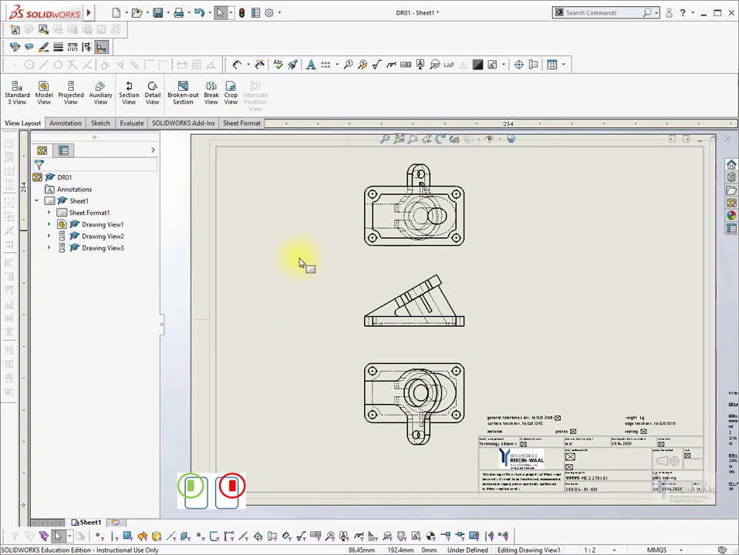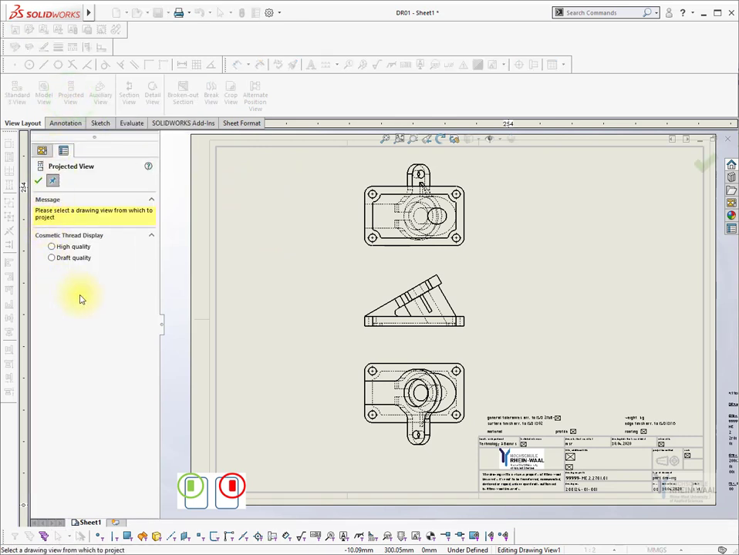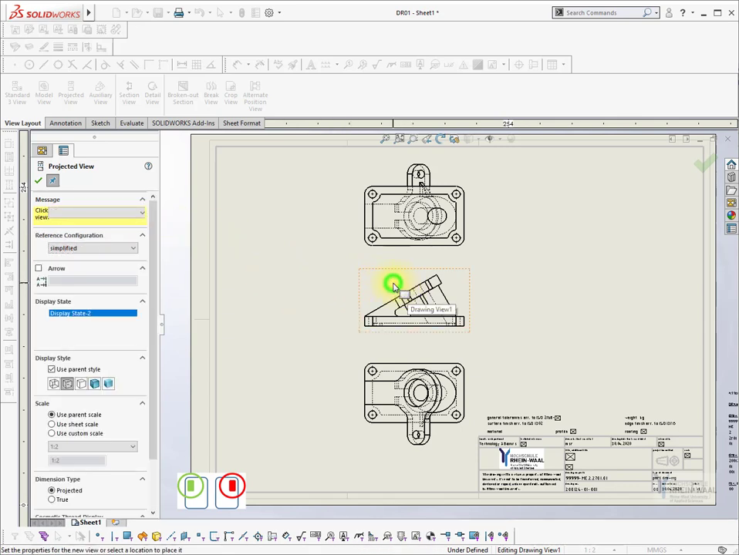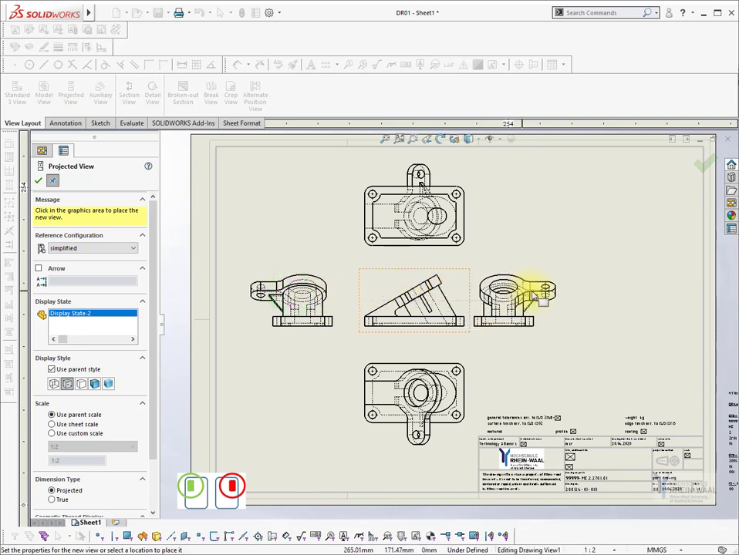Since we need more projected views, we can start that command separately, and we need to select the drawing view from which to project. And can go on to produce a view from the right, a view from the left,